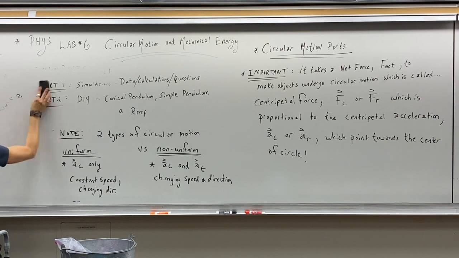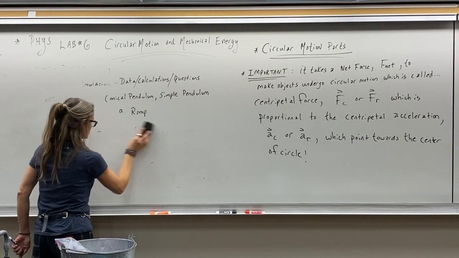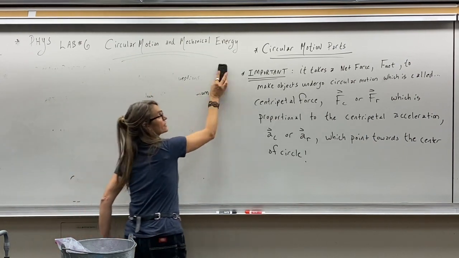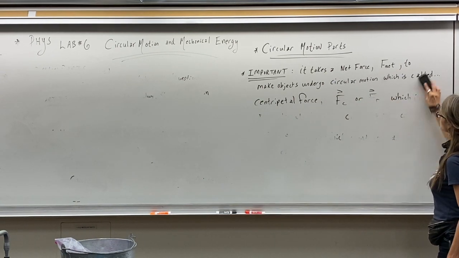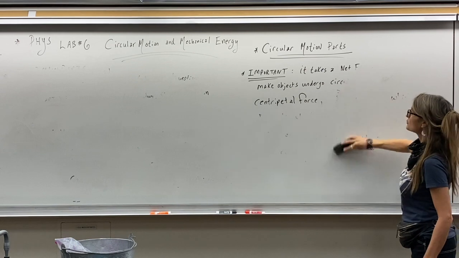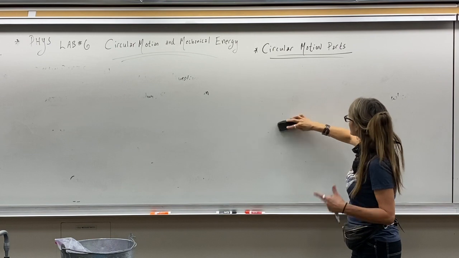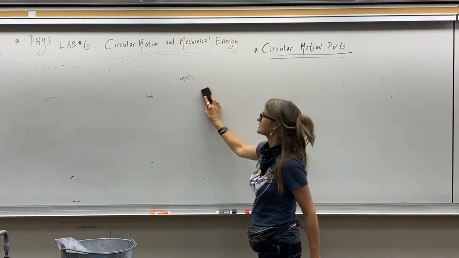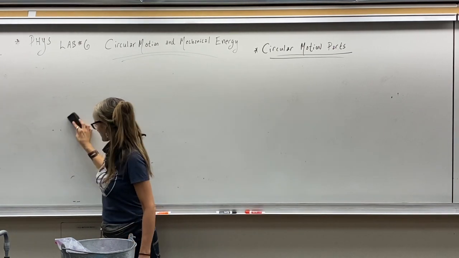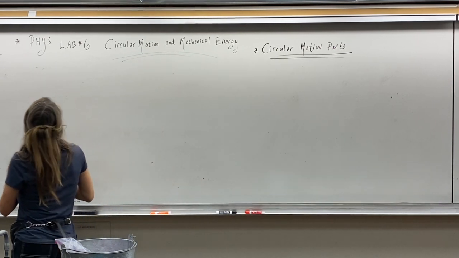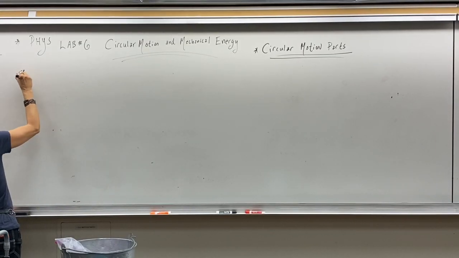The next bits that we want to be aware of is being able to relate our variables in a rotating frame of reference, things that are rotating, to a translational frame of reference. So far we've been doing all the translational mechanics, or linear velocities, which means that all points move with the same velocity. However, if you're spinning, not all points move with that same velocity. So some more important notes here